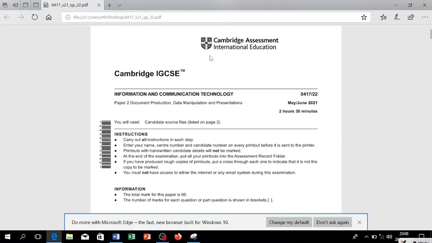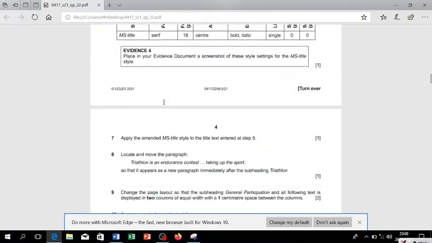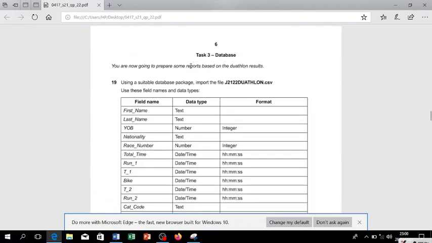So in our last video, we looked at document production. In today's video, we'll be looking at data manipulation, which is database. Okay, and that is task 3. Okay, so question 19, we are supposed to open this table, this file,